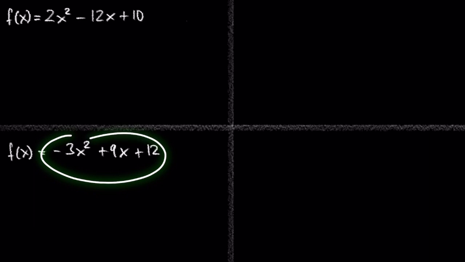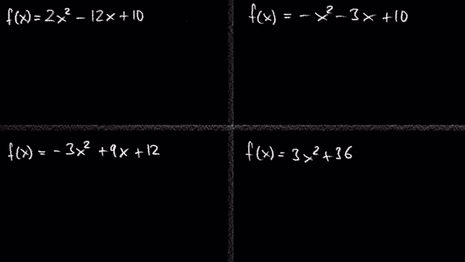In the last video, we converted the quadratic functions f of x equals 2x squared minus 12x plus 10 and f of x equals negative 3x squared plus 9x plus 12 from standard form into the factored form. Let's do two more examples. f of x equals negative x squared minus 3x plus 10 and f of x equals 3x squared plus 36x